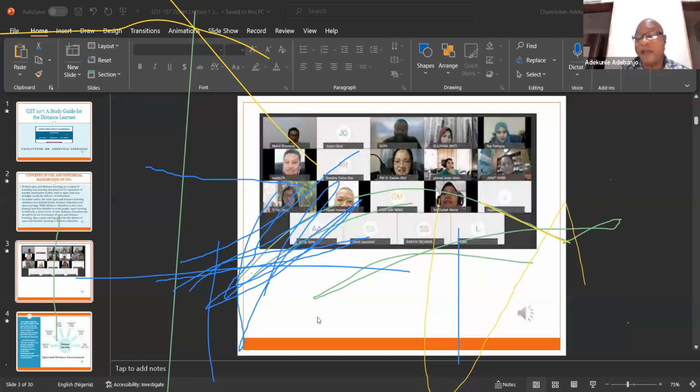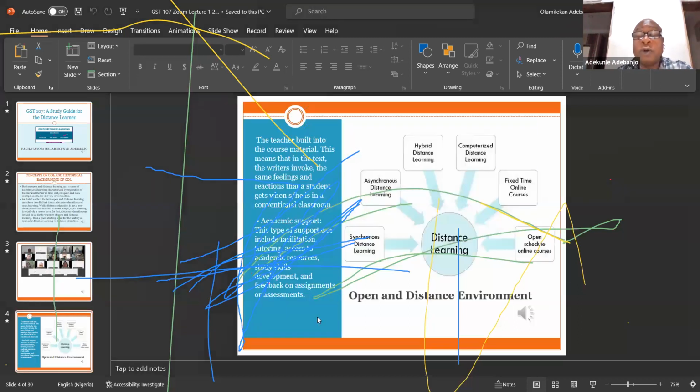Well, a student will behave like a student. I want us to believe that every student, even if you are telling them do not do this, do not do that, they will still go ahead to do one thing or the other. Let's continue our class.